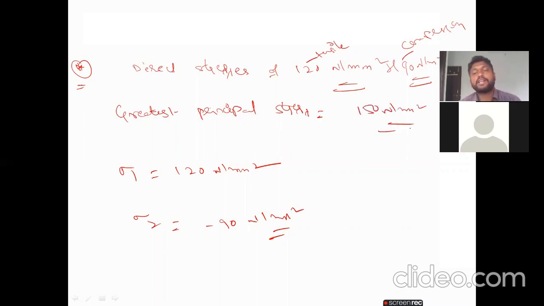Okay. So what they are asking in the question is to determine what must be the magnitude of shear stress on the two planes. So how to calculate the tau value? What will be the maximum shear stress at a point? So how will we calculate the maximum shear stress? They gave sigma 1, sigma 2, and also the greatest principal stress. So now first let us assume tau equal to shear stress on the two planes.